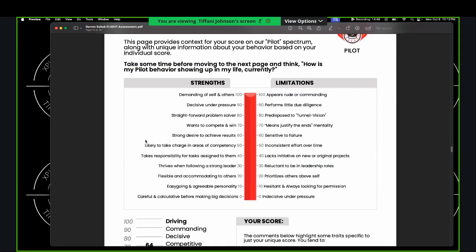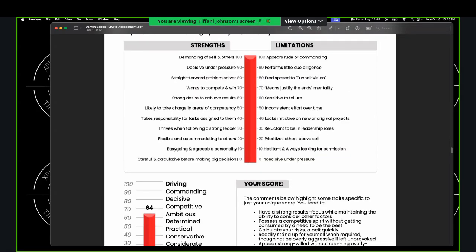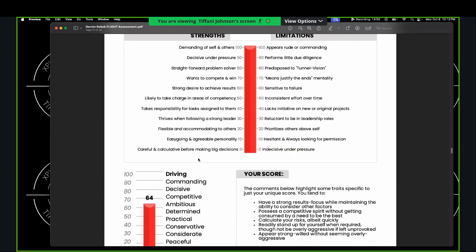Now let's talk about your pilot. Strengths down here: strong result focus, maintain the ability to consider other factors, appear strong-willed without seeming overly aggressive. At 64, we go up here, and that's between strong desire to achieve results and likely to take charge in the area of competency. Overuse of that can turn into that limitation of sensitive to failure and inconsistent effort over